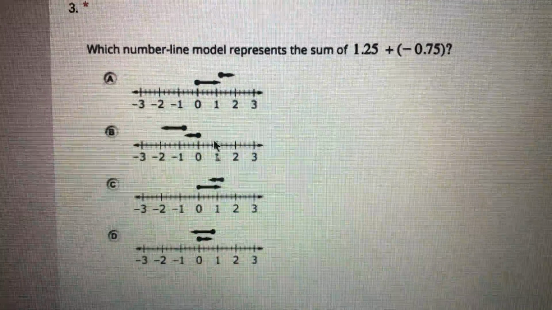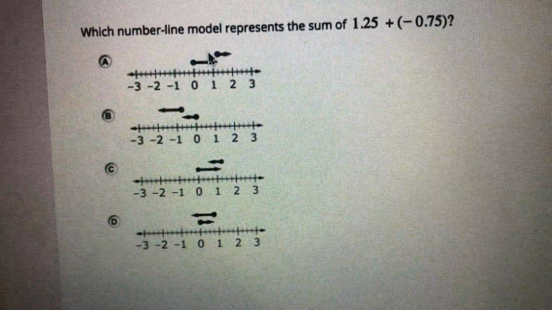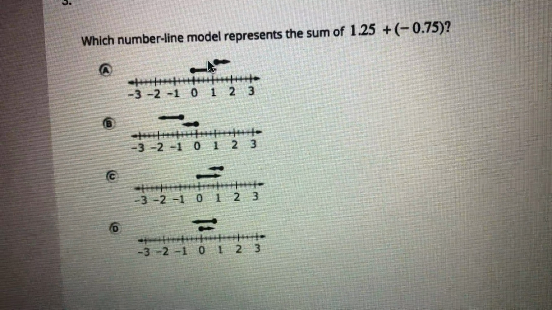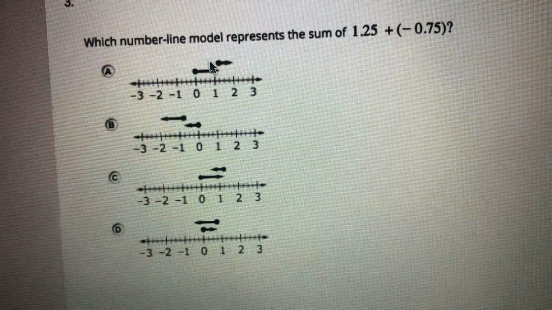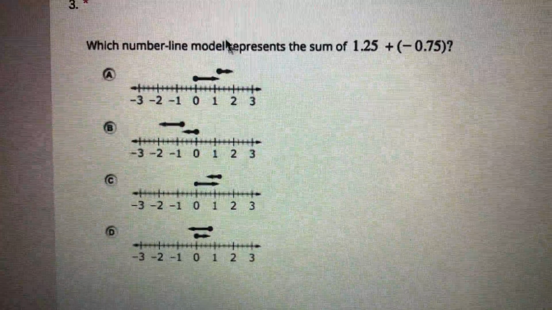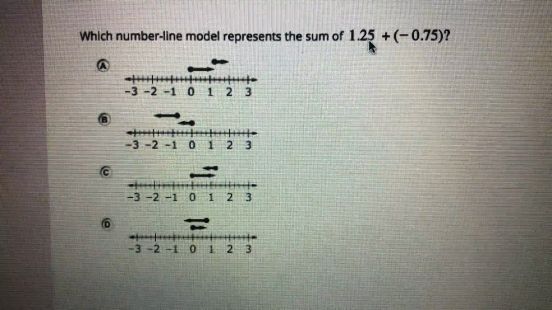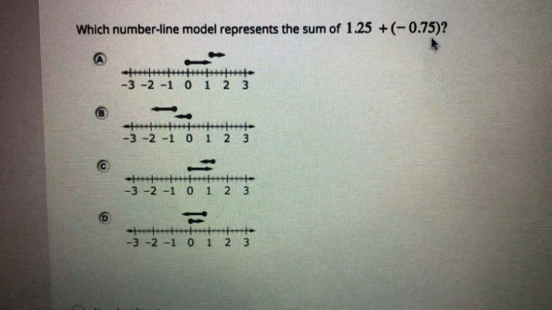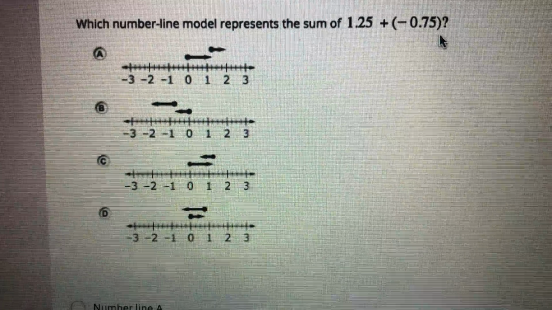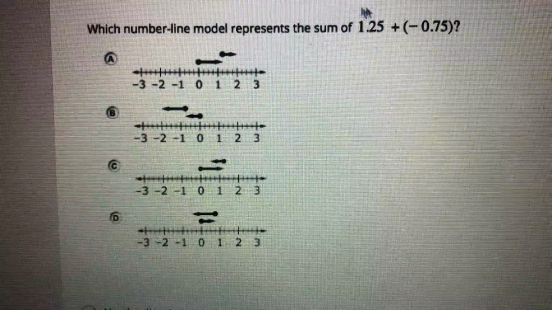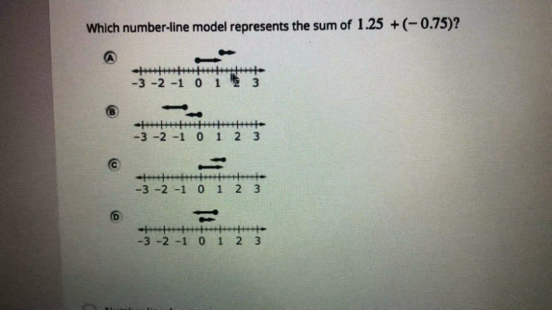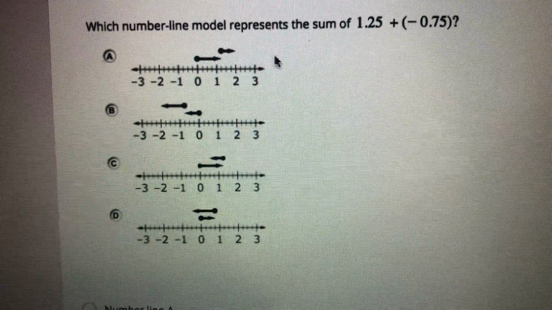All right, if you got number 3 wrong, this should actually be really, really quick. So we're reviewing number lines, right? Now, what it says is which number line model represents the sum of 1 and 2500ths plus negative 7500ths. So, if I have a positive number, that means I'm moving to the right of the number line,